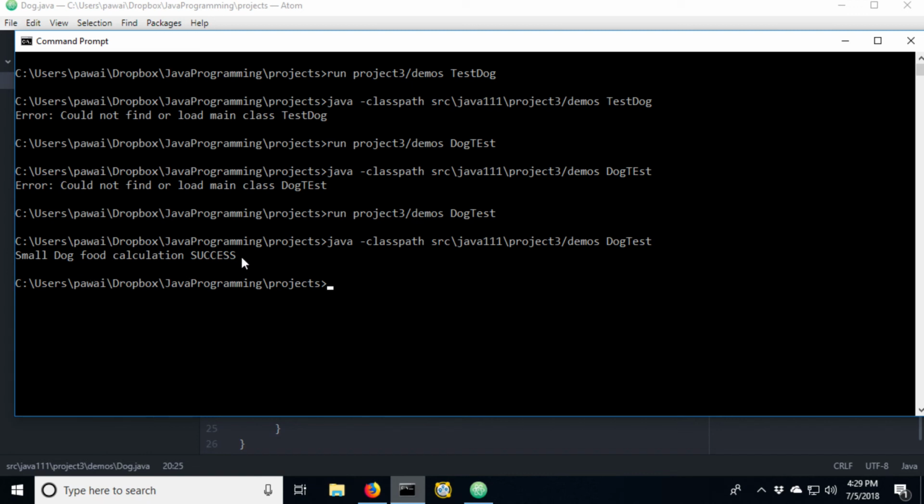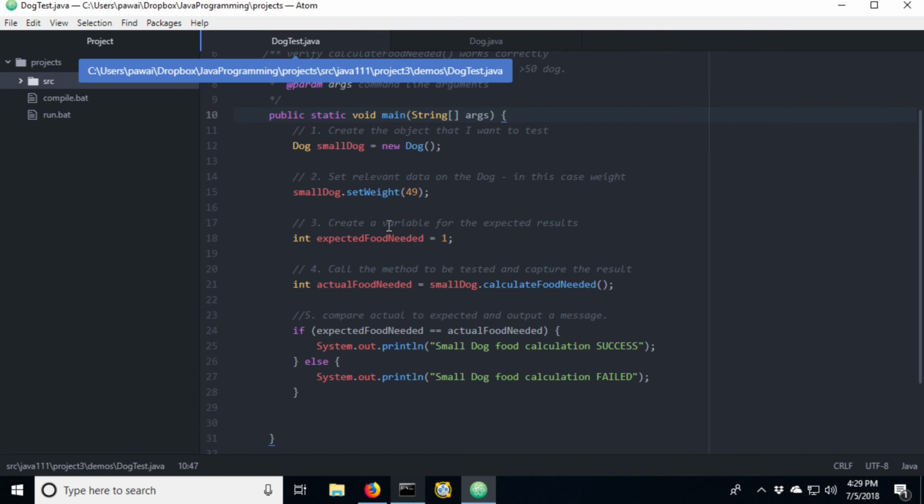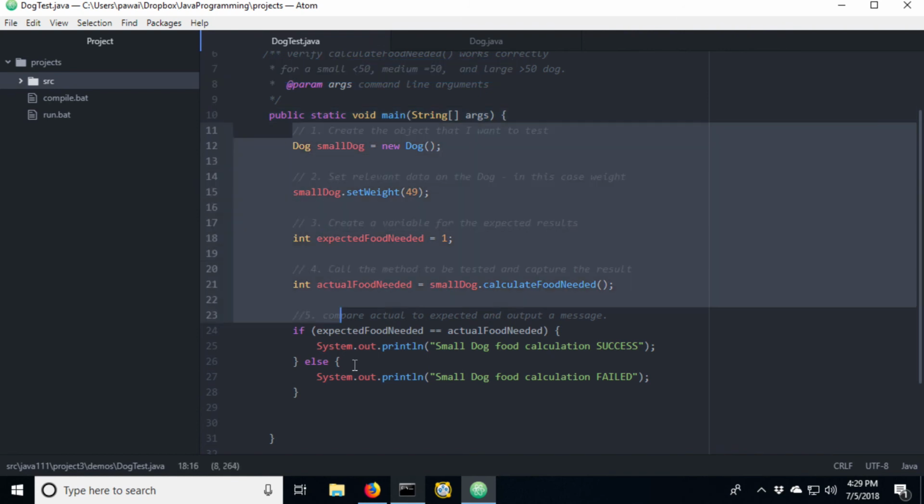So you can see here, again, I'm not outputting any numbers that I need to visually check or think about, okay, what should I be seeing? All I'm looking for are success messages. So you can imagine then it would be time to continue testing our dog and repeat this chunk for a dog that's 50 pounds and a dog that is greater than 50 pounds. And then we've got a pretty thorough test for the dog food calculation.